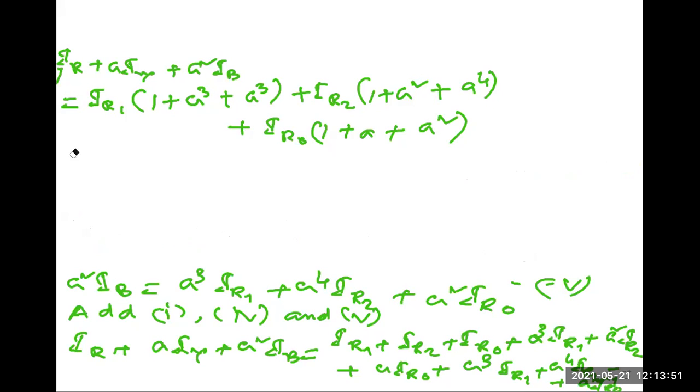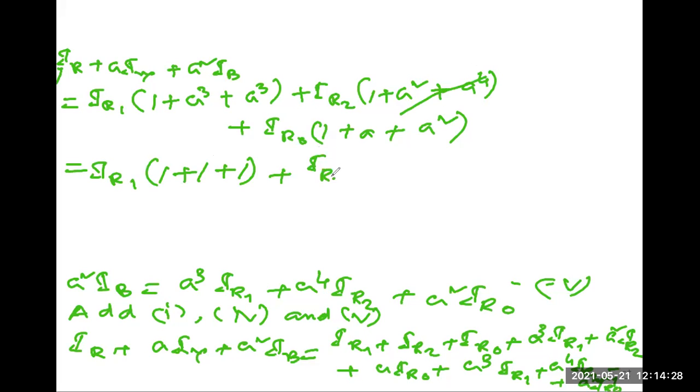Okay, so now this term will be IR1. Now this will be 1. Now what is A cube? A cube is how much? A cube equal to, I told you just a few minutes back. What is A cube? A cube equal to 1. Correct. This will be 1 plus, now this term will be equal to 0.